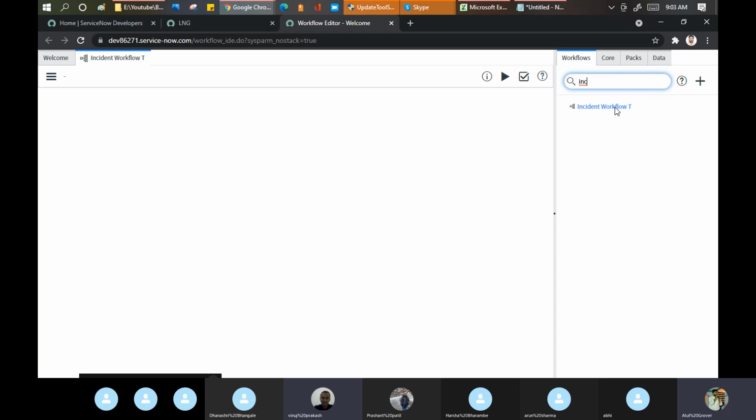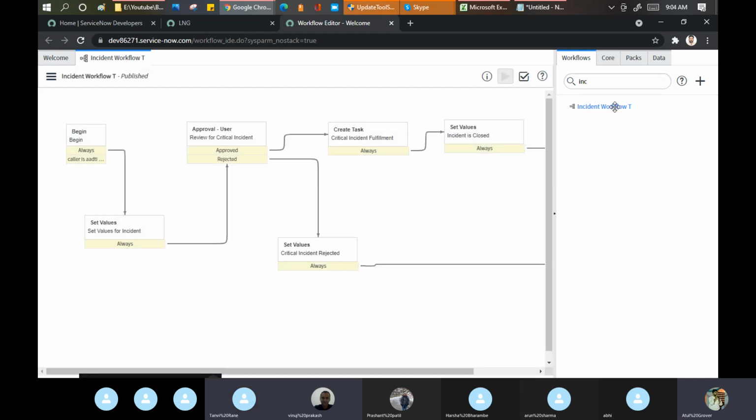No, sir, it is created by me. Okay, by you. Then fine. It means there is no workflow given by ServiceNow out of the box for incident management. Then how does incident management work in the background? They are using client scripts or business rules, which we will discuss in the coming one or two days.